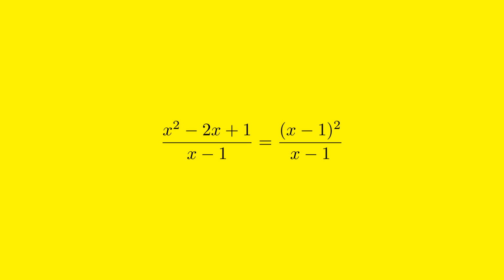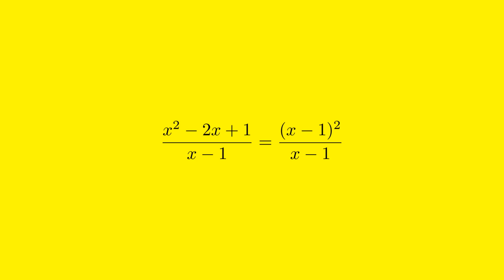We rewrite the numerator as follows: (x minus 1) squared. So the expression now looks like this: (x minus 1) squared over (x minus 1). Explanation. To understand why we rewrite x squared minus 2x plus 1 as (x minus 1) squared,